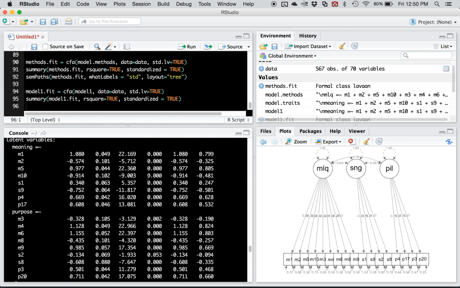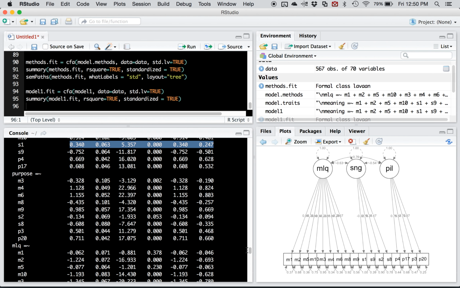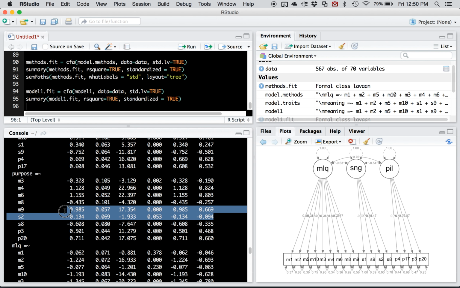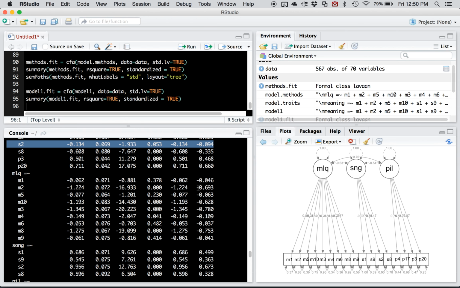So all the questions load. They're loading on, let's look at meaning here. So I got one question that maybe not so hot, which is still our S1 question. But otherwise they seem to be okay. And then on our purpose one, that S2 one is not loading so well. So maybe that song scale is not so good at this. Right? Now if we're looking at them loading on the